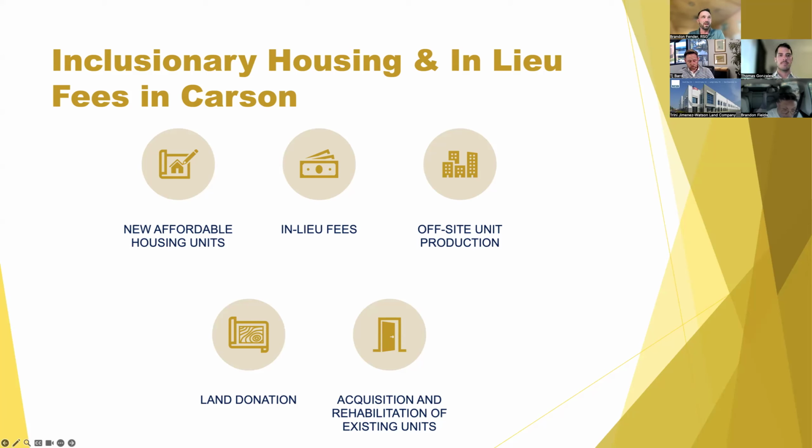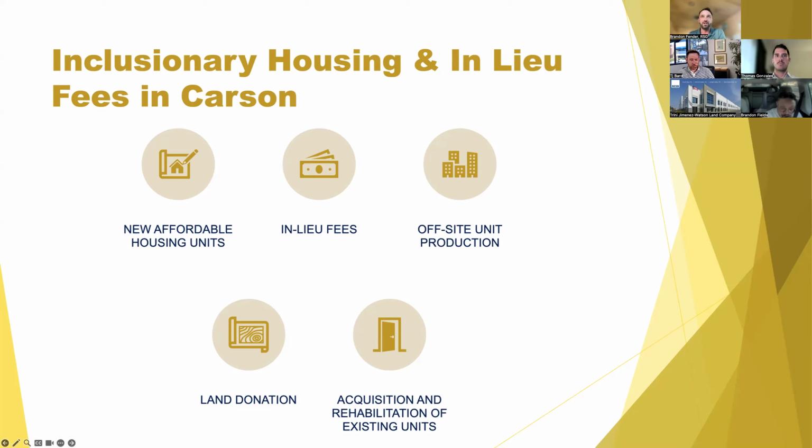The offsite unit production is a similar concept, wherein the units would be developed at a designated community rather than mixed into existing or new market rate development. This is advantageous in that the city and the community could strategically locate those new affordable units with access to facilities, amenities, and services. And this also would encourage partnerships with nonprofit developers, and likely would include leveraging those funding sources with state and federal dollars as well.